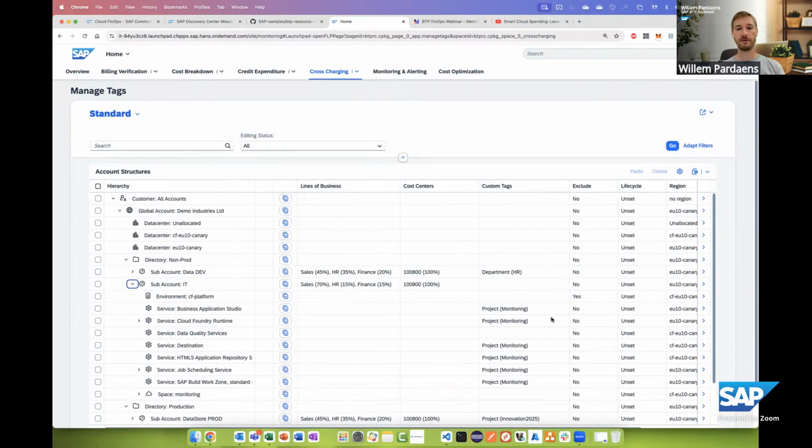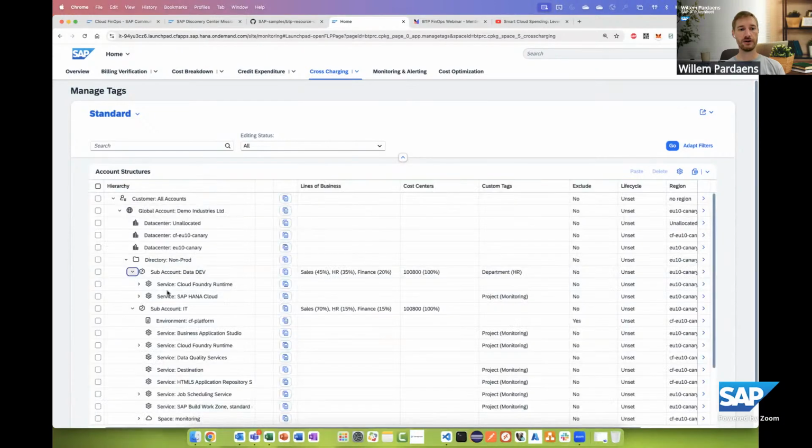But for example, to give you a peek here, as I mentioned, this FinOps tool is deployed in the sub-account IT. So what I did is every service that this project is using, and I called it the monitoring project, I tagged it with this tag. So it means that I tagged Business Application Studio, I tagged Cloud Foundry Runtime, destination service, that's always free of charge, job scheduling, work zone, and also the HANA Cloud from the other